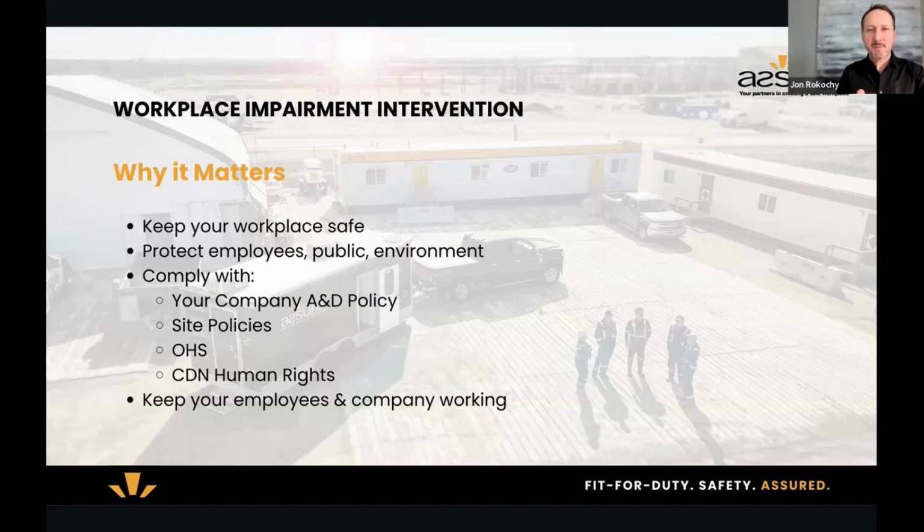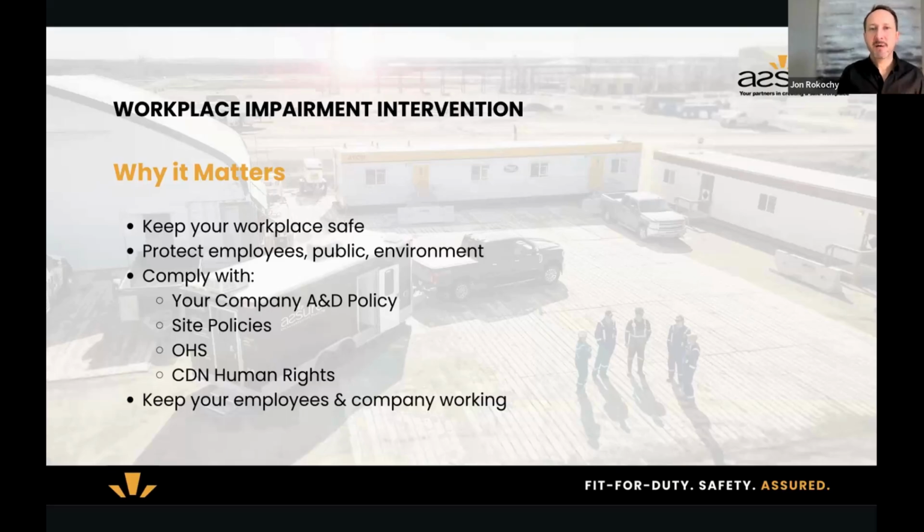So this specific employee is presenting as maybe unfit because of substance use. You have an obligation as a manager, a supervisor, a company owner to protect that worker from themselves. You have an obligation to protect that worker, and other people, from actions that they might take. If they're not fit for duty, they could potentially put other people in harm's way. So you have an obligation to protect your whole team, as well as the public.